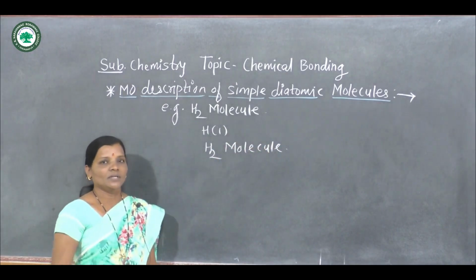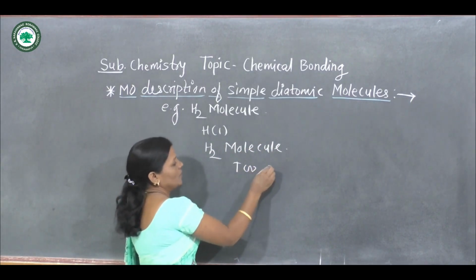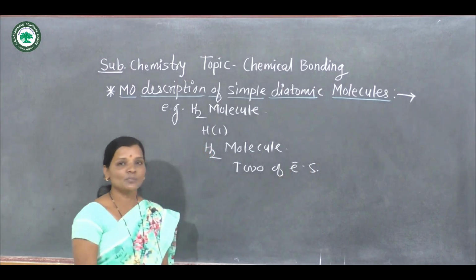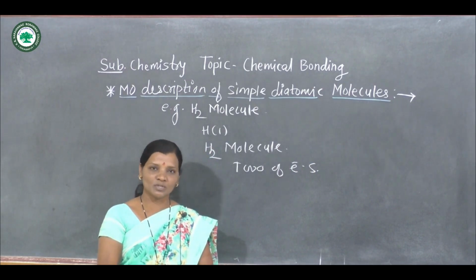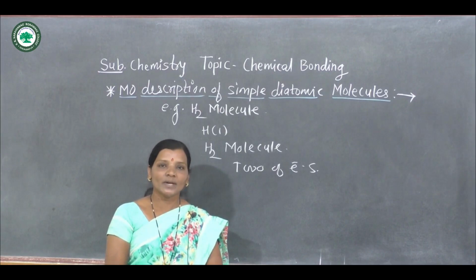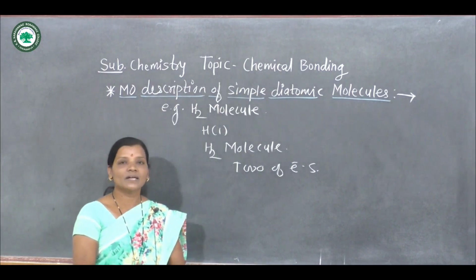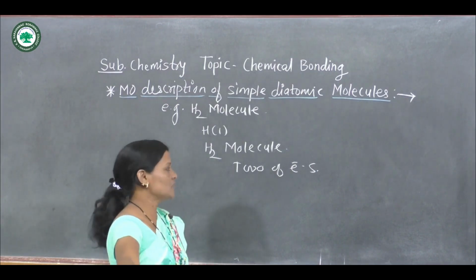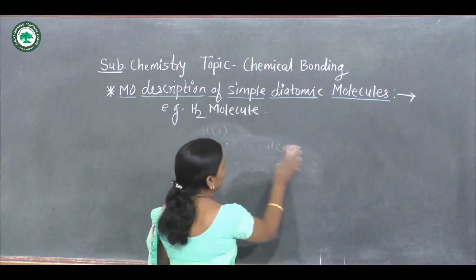Now here there are a total of 2 electrons present in H2 molecule. When there is linear combination of atomic orbitals of 2 hydrogen atoms, then obviously there are 2 electrons present in the molecular orbitals of that hydrogen molecule, and hence the electronic configuration of this H2 molecule is given by